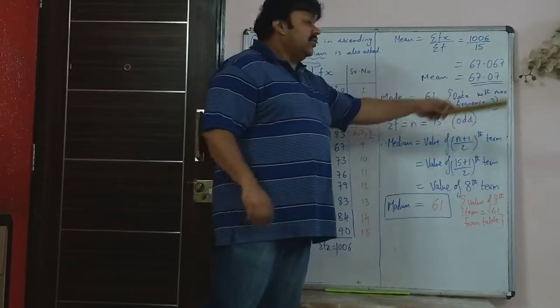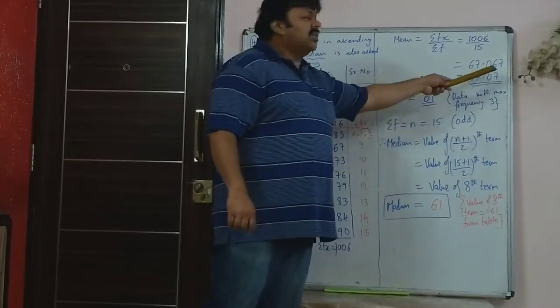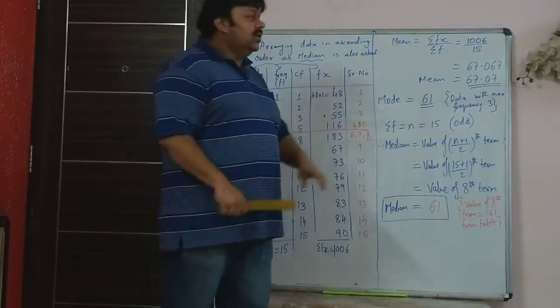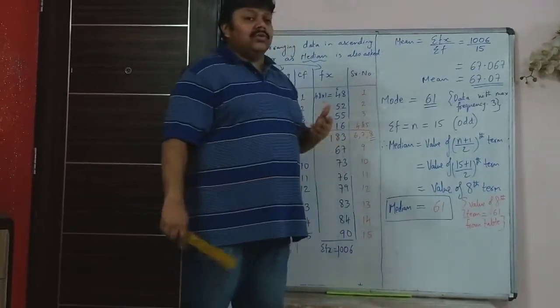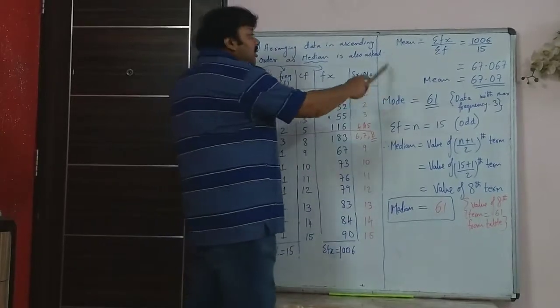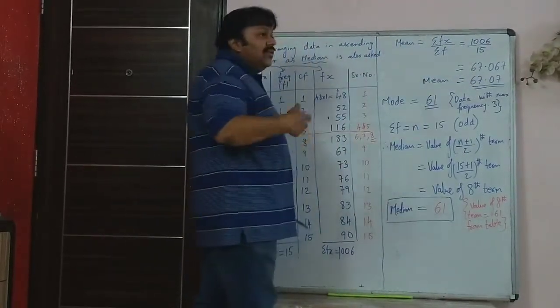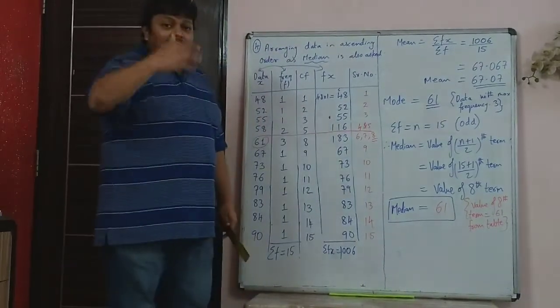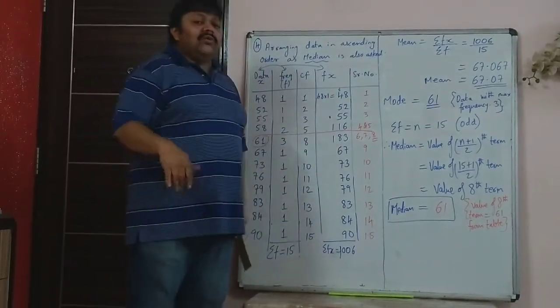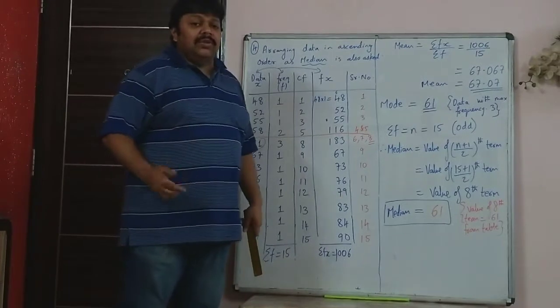67.07067, which is 67.07. If you write 67.06, you will still get full marks. But it is better to find the third decimal and round it off to 2 decimals. So that's the mean. What is the meaning of mean? It means average. The average age of all the 15 people who went on the trip is